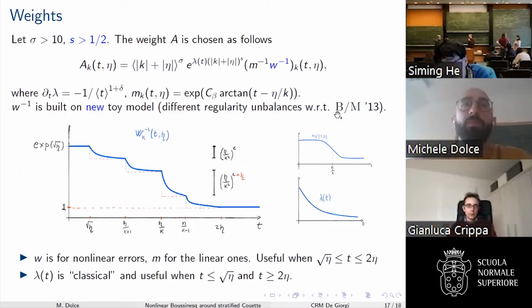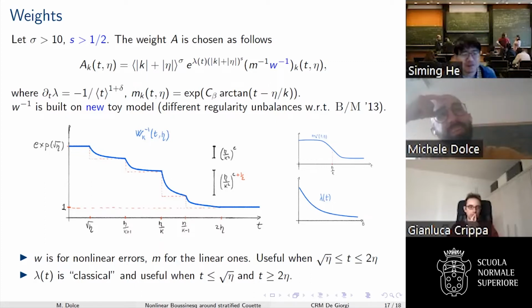So it is not defined in this picture, the weight? Yeah, it is this one, but Bedrosian and Masmoudi, instead of having this plus 1 alpha, for example, have plus 1. Oh, really? Yeah. It is a really technical point, but if you want, I can explain more details. Thank you.